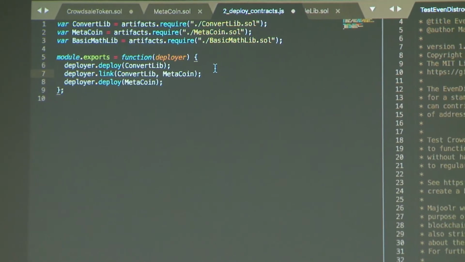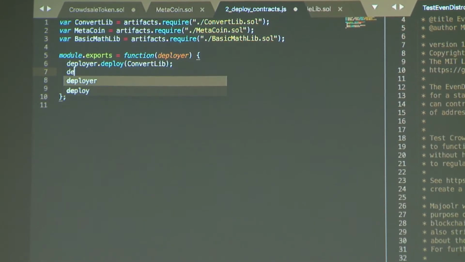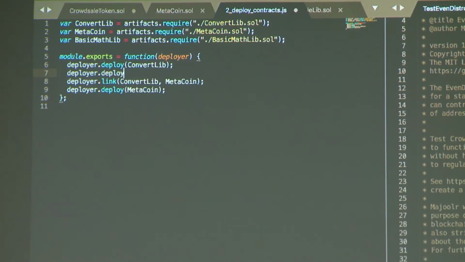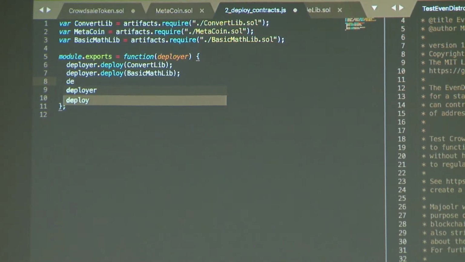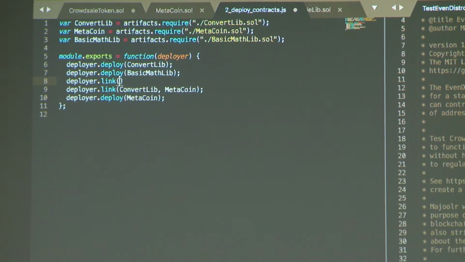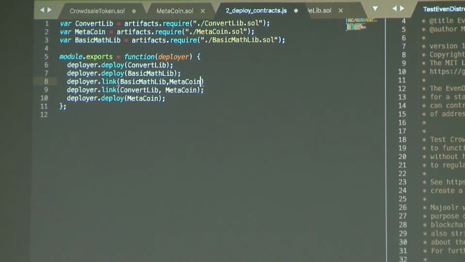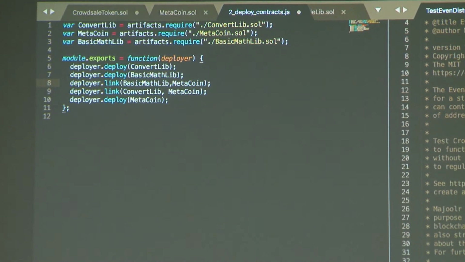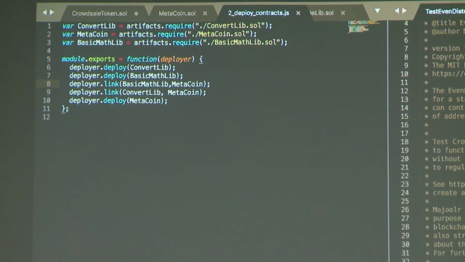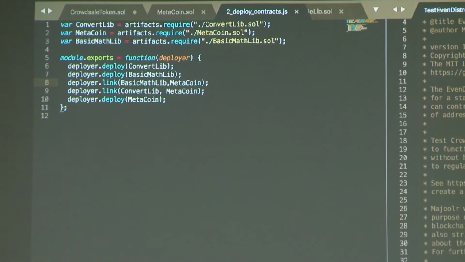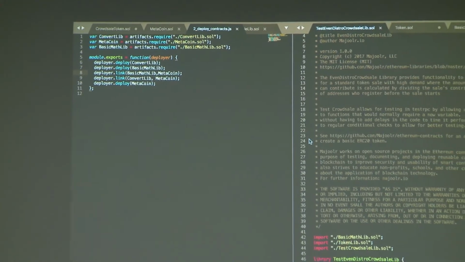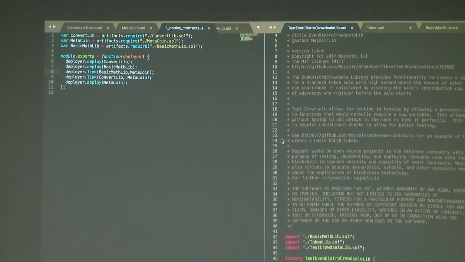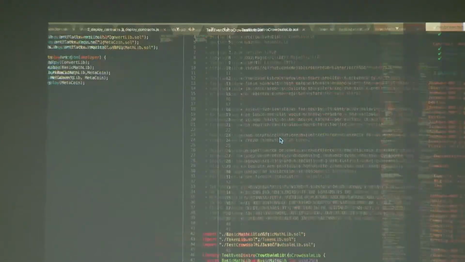And like they have here, we deploy the BasicMathLib and then link the BasicMathLib to the Metacoin contract, and then it deploys the Metacoin. So in there we've just linked everything. We've added the commands to deploy it, and so all we need to do now is just run the command to deploy it on our Testrpc instance, and run any tests we might have, which I'll just be running the default